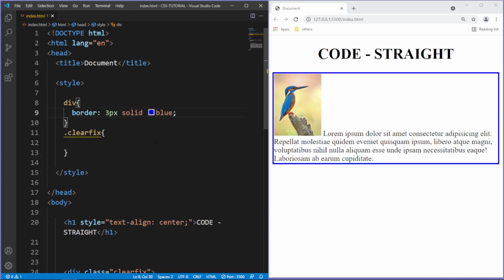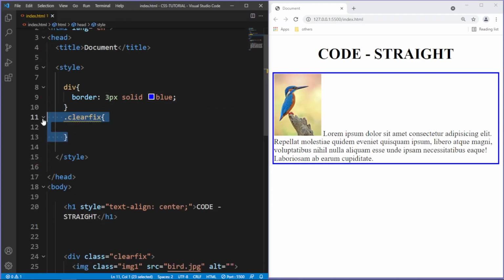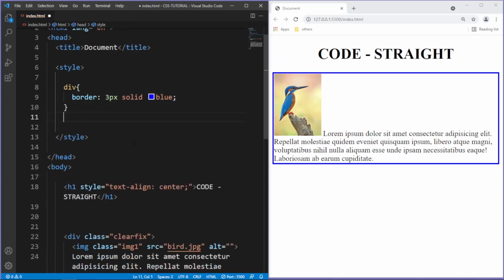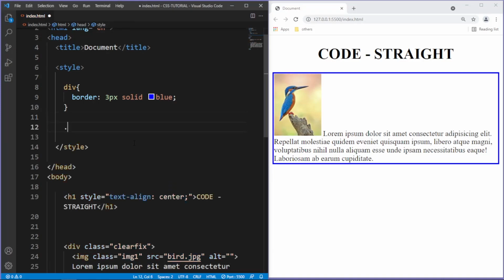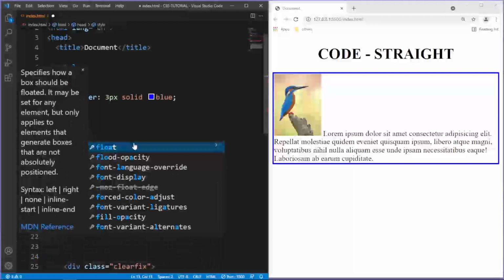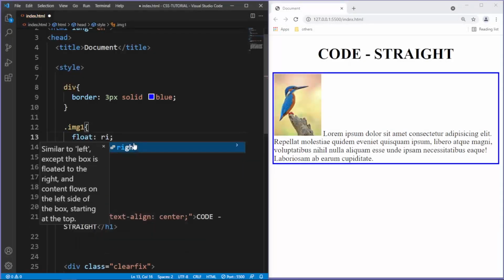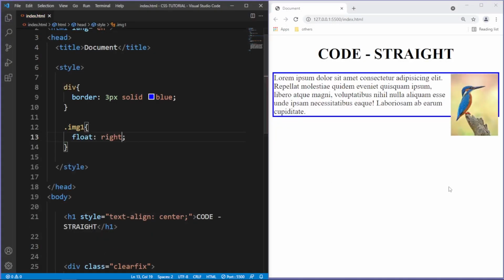and now I'm gonna float our image 1 to the right with a float property right. Hit save. Now there is an issue that the image goes out of our div, and to solve the issue,